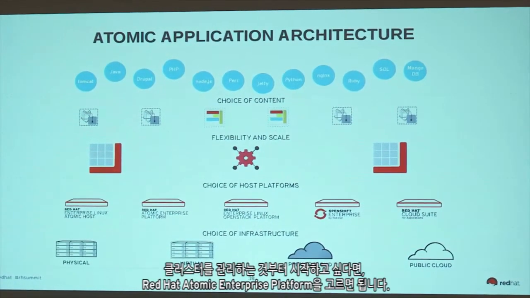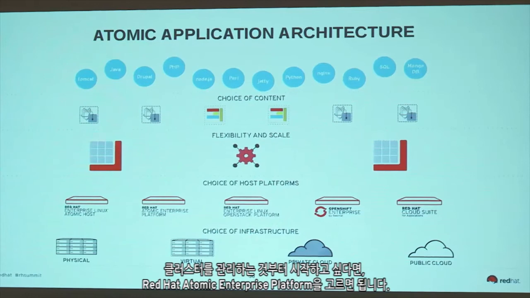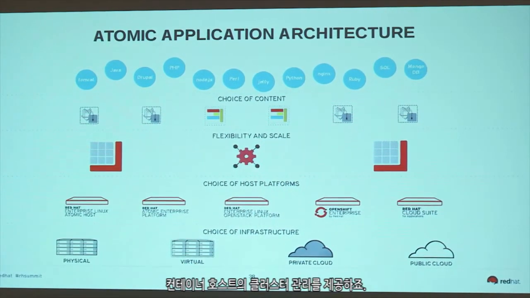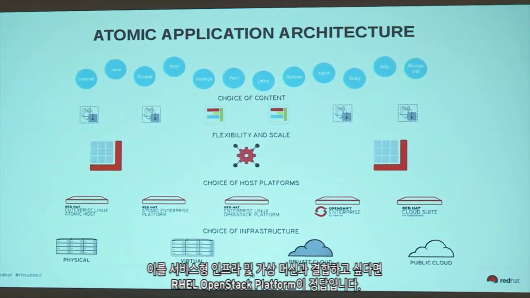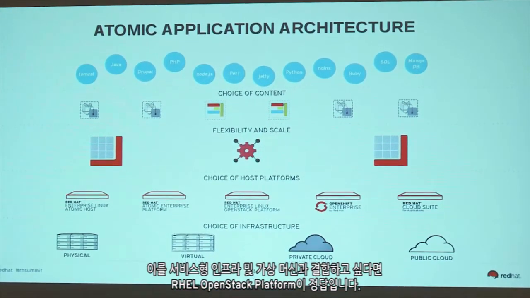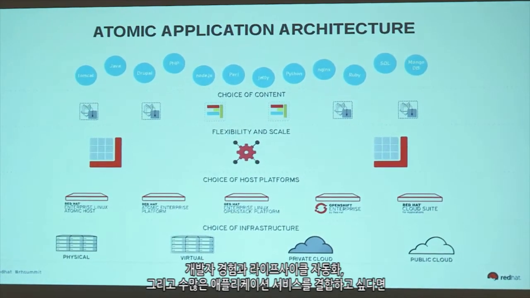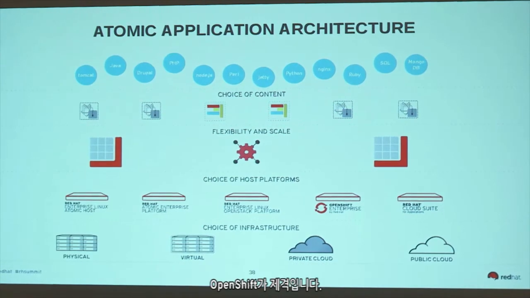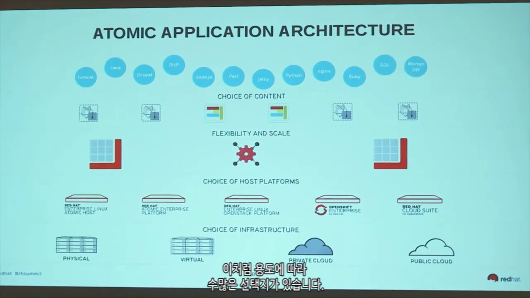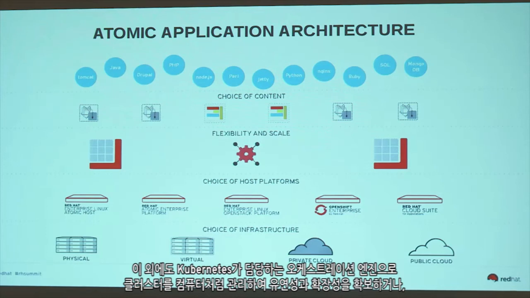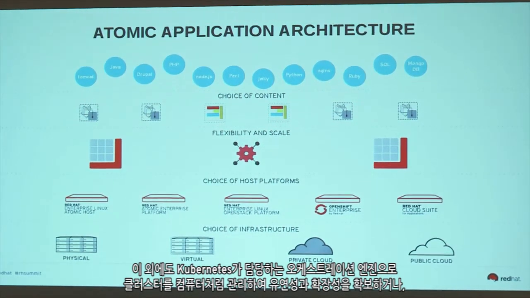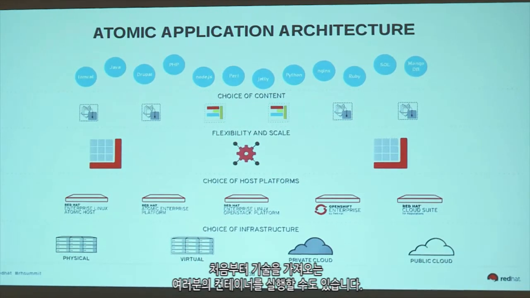If you want to, you start with a managed cluster. That's what Red Hat Atomic Enterprise Platform does. It delivers a managed cluster of container hosts. If you want to combine this with infrastructure as a service and virtual machines, that's what RHEL OpenStack Platform does. If you want to combine with developer experience and lifecycle automation and a lot of application services, that's what OpenShift does. So lots of choices for different purposes. On top of this, you have the orchestration engine, Kubernetes, that I talked about, that enables the flexibility and the scale by managing the cluster as the computer. And on top of that, you run your containers, which take technologies from the top.